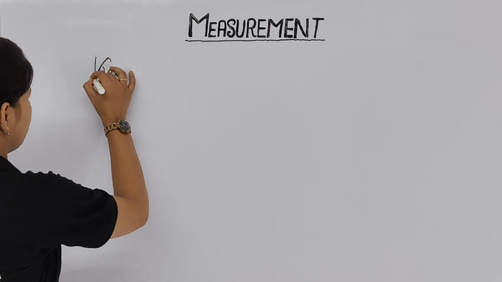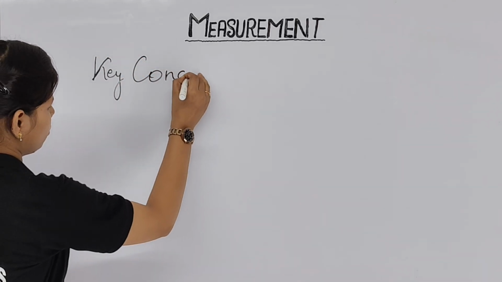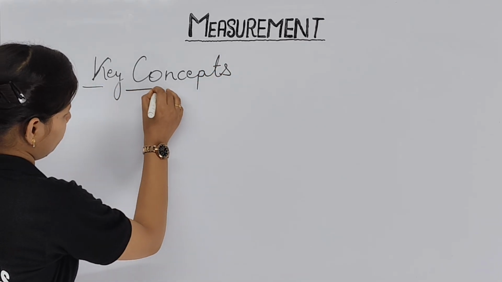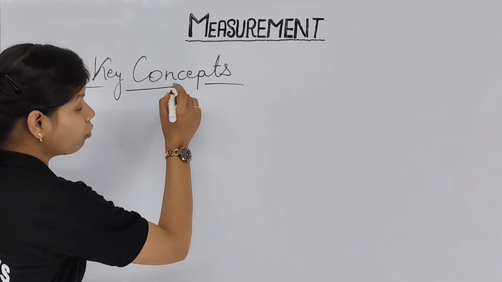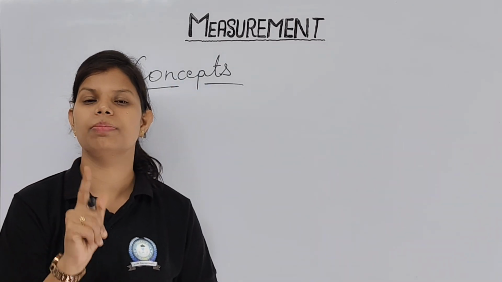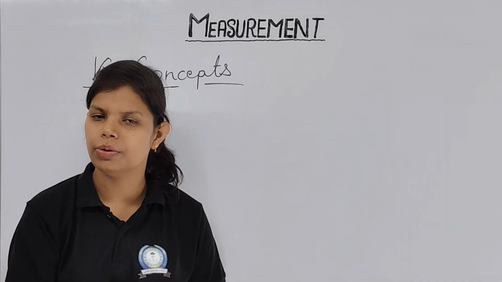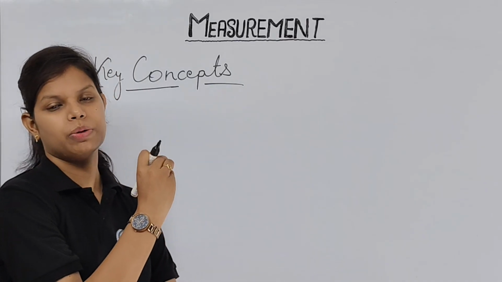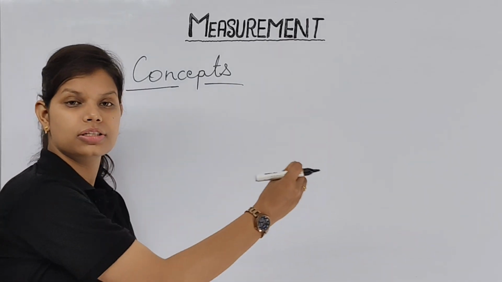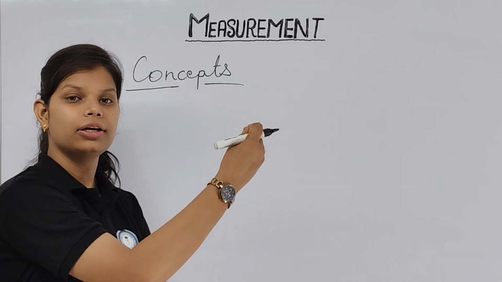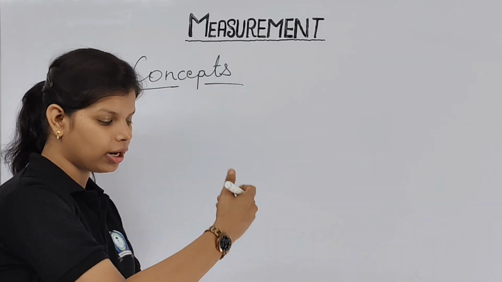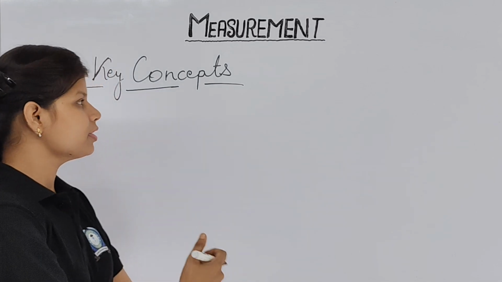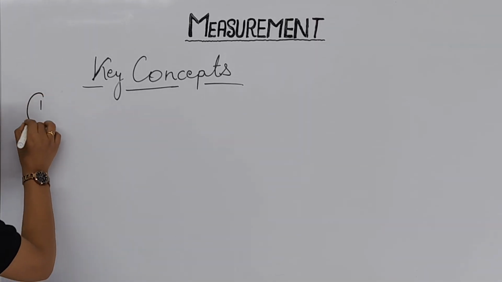Key concepts. Please note down, always before beginning any topic, the key concept is the most important thing, because from there only you come to know what things we will cover in this particular chapter. That is the first stage where your mind understands, okay, these are the sequence-wise things which we are going to learn in this chapter. So the first concept which we are going to learn about,